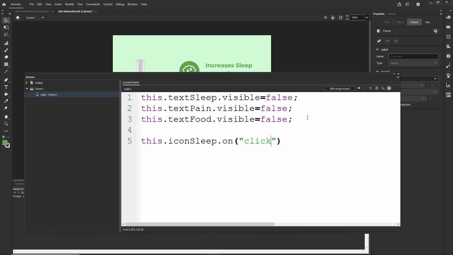Later on we are going to change this to mouse over, but for now we are going to go with click. So this icon sleep on click, and then comma, and then the function that we are going to call. I'm going to call this show sleep. Alright, and now I'm going to create the function. So I'm going to type function, and I'm going to type show